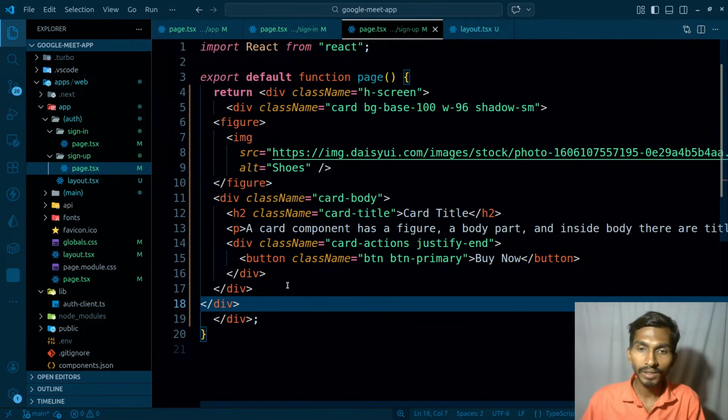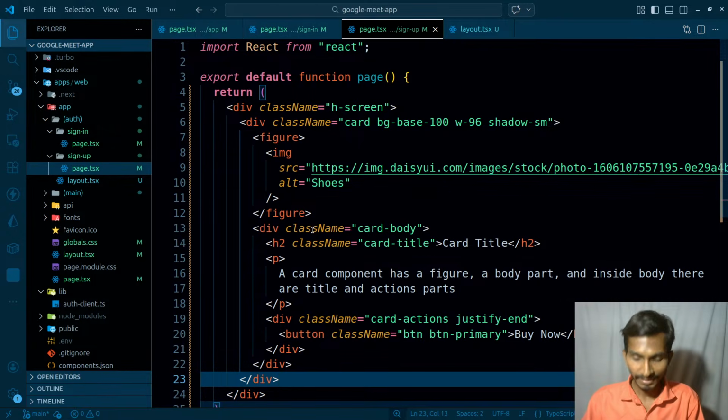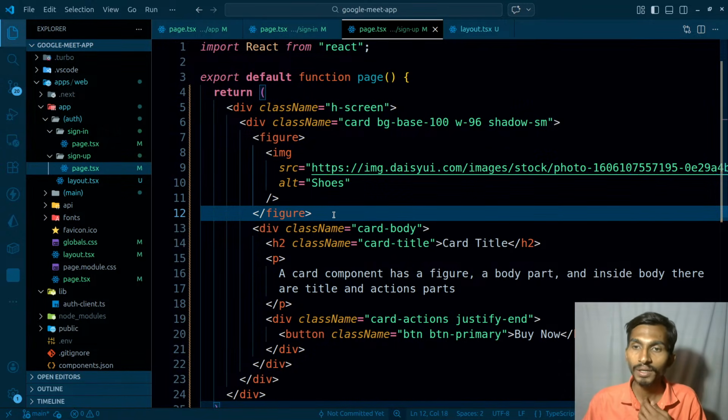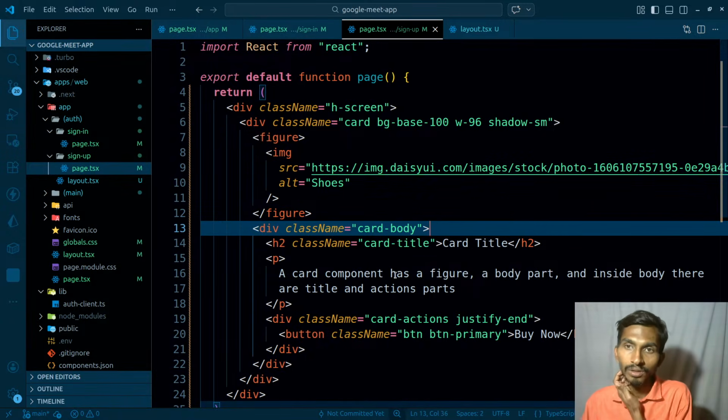And we are here, and ultimately these things I got from Daisy UI. So I have this card, I have this figure, and I have the image inside that, and then I have this div card body and all. And what I need to have,